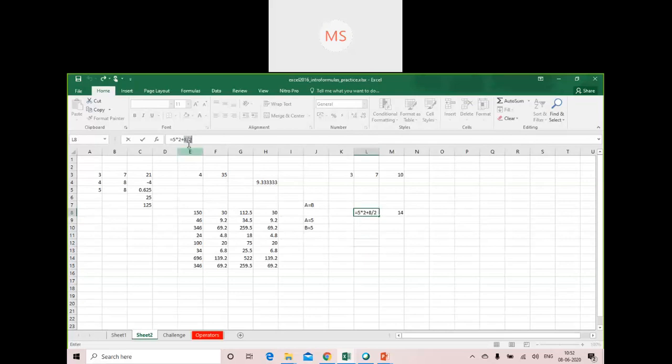I could have done it in another way. I would have made use of these brackets. Okay. So brackets will tell you which operation will be performed first. As you can see, multiplication and division both are in brackets. So they will be performed first, and then the addition will be done on the result of both. You can see the result will remain the same. So this is how you can also make use of brackets for separating your formulas in a single cell.